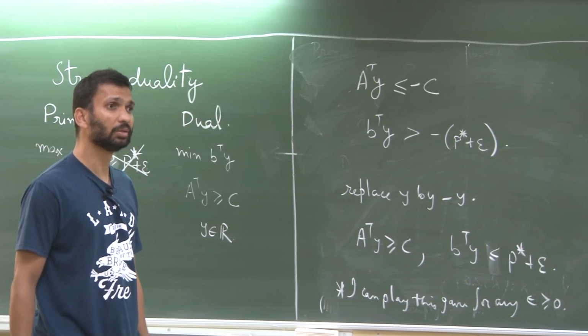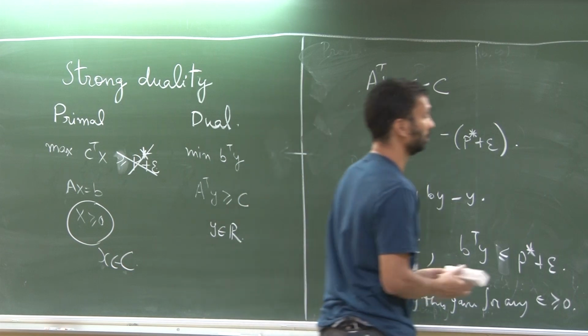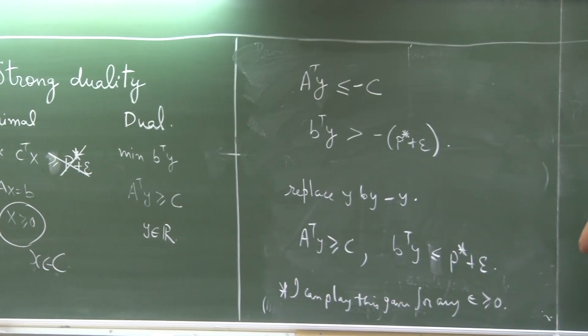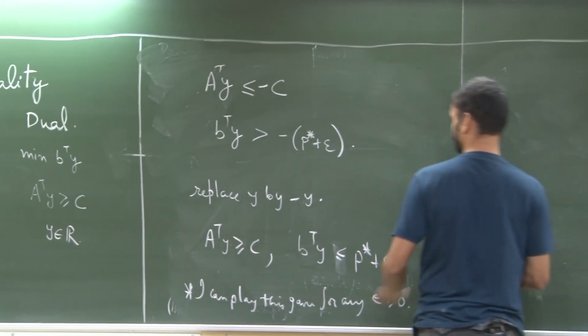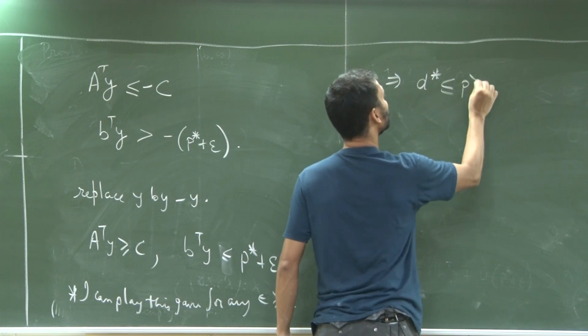So that means this implies d star is less than